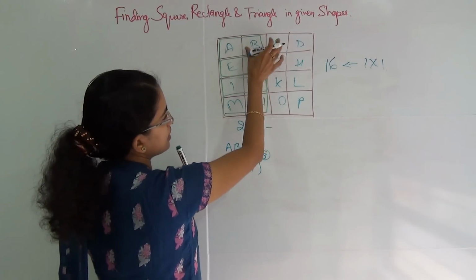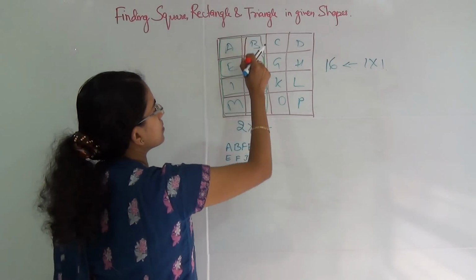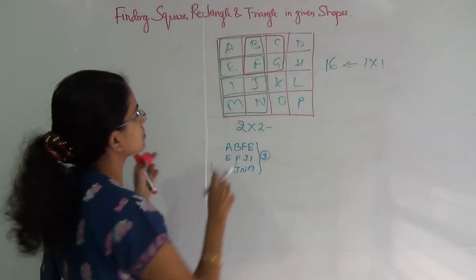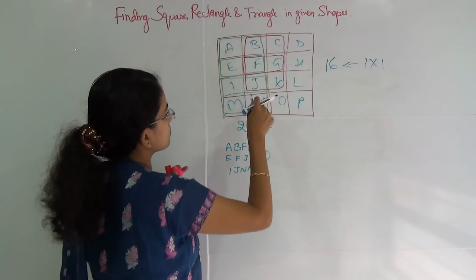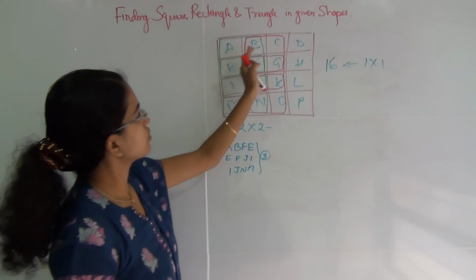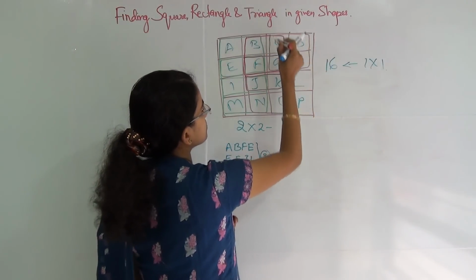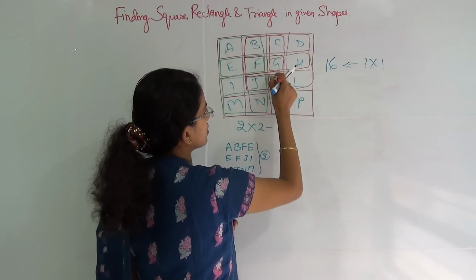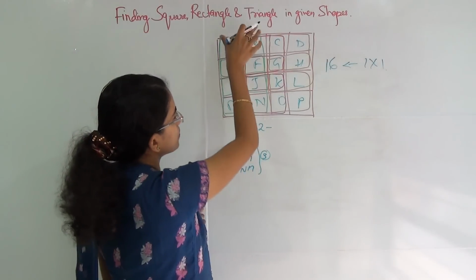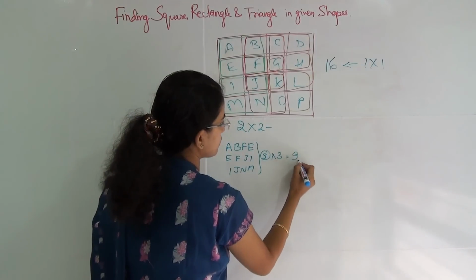I will move to the next column. So I will take these 2. So that's BC. So with BC, I have these 4. Okay, then I have these 4 and the lower 4. Okay, then I will shift one more step ahead, and I will have these 4. You will have these 4 and these 4. Okay, so with every stage, a 2 by 2 would be 3 in this row, 3 in this row, and 3 in this row. So 3 into 3, you have 9 of those.